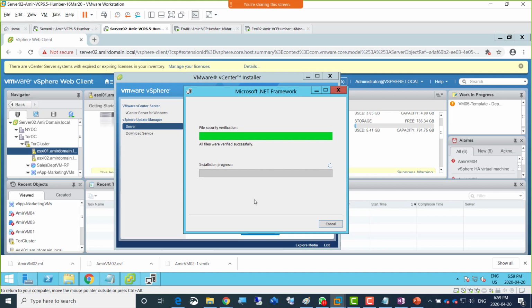Okay, so it's installing .NET Framework. If it asks for a restart, then